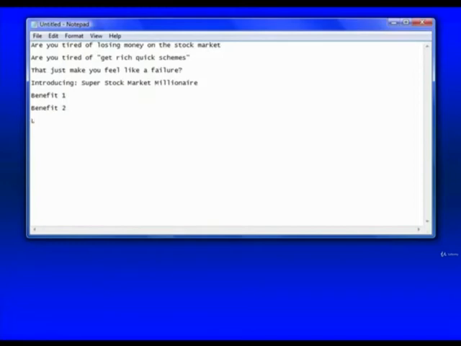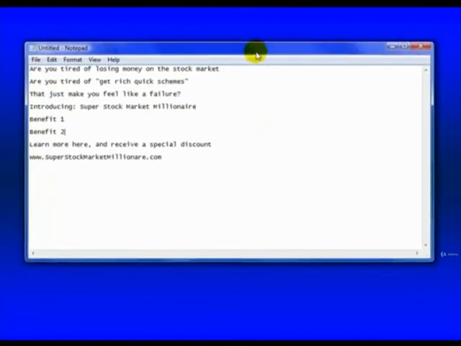And then I'm going to have my pull to my website. Learn more here and receive a special discount. Okay, and then I'll have my website listed. Okay, let's say that this is the website. Okay, and there we go, and there's my slide all set up. So of course I would actually have the benefits written in there, but I just summarized them there for you to see. So now I have my script, and what I want to accomplish with my script, I want to, of course, kind of draw them in and get them to visit my site. You can see this is a very, very short script.